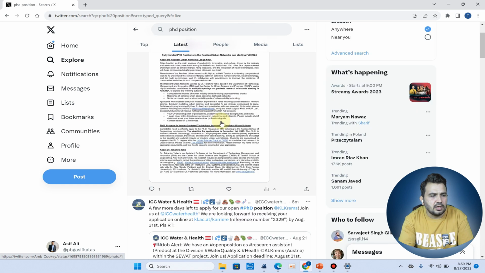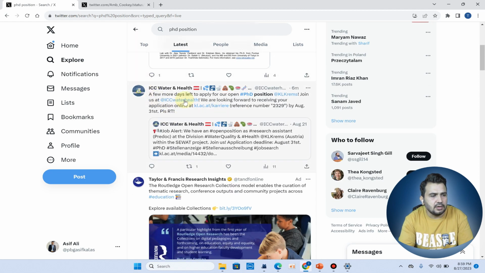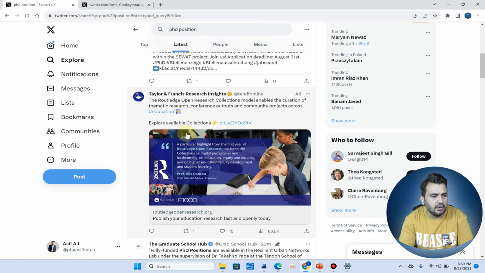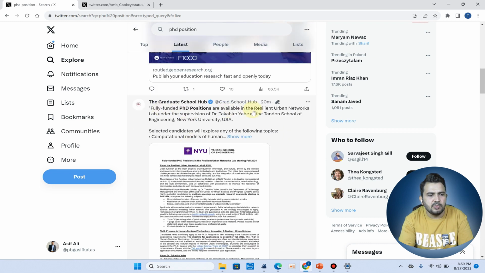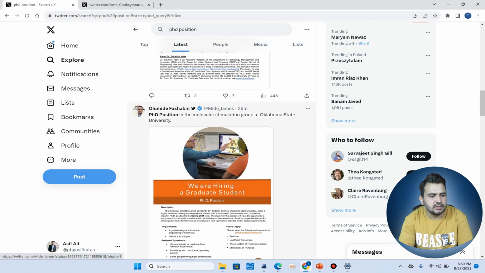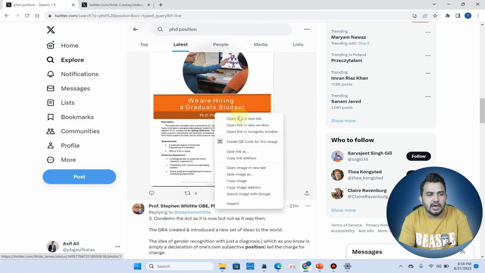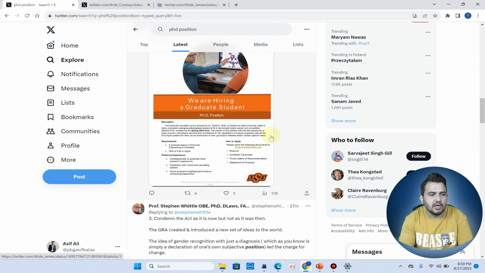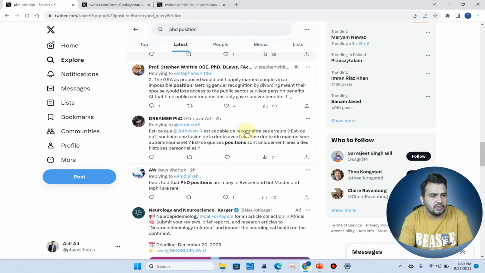Here are the details. We can open it in a new tab, and here are a few more. Similarly, it's a fully funded PhD position. Here you can see there is another one. We are hiring a graduate student for a PhD position.